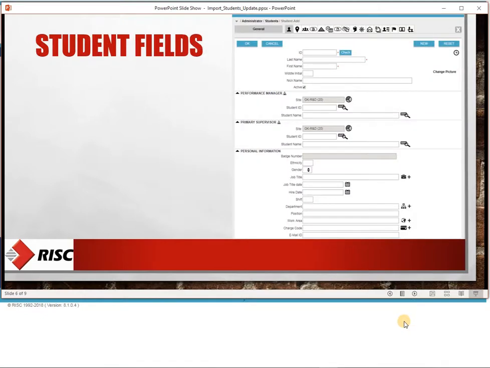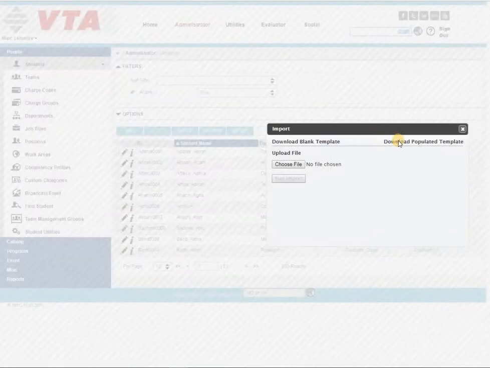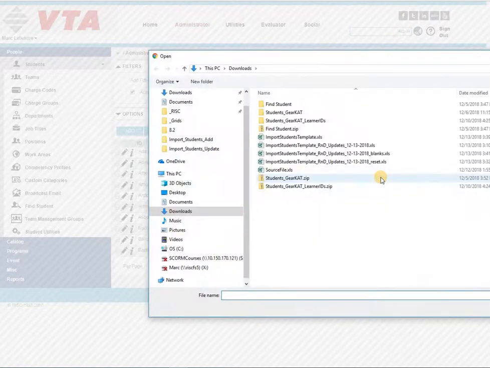Using the import tool, you can update any field on the student record. And the import tool will only work with valid values. If you want to update people's job titles to a series of new job titles that you want to use, you've got to be sure to get them into the system first before you try loading them. If you try to load values that don't exist in the system,